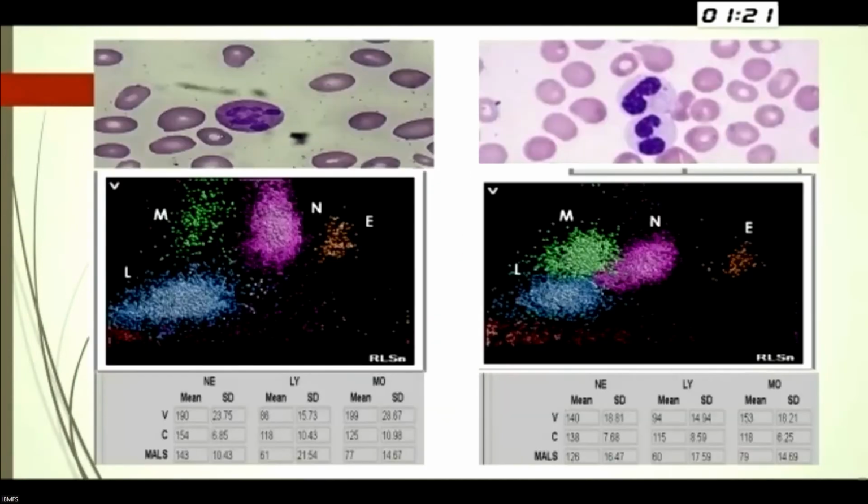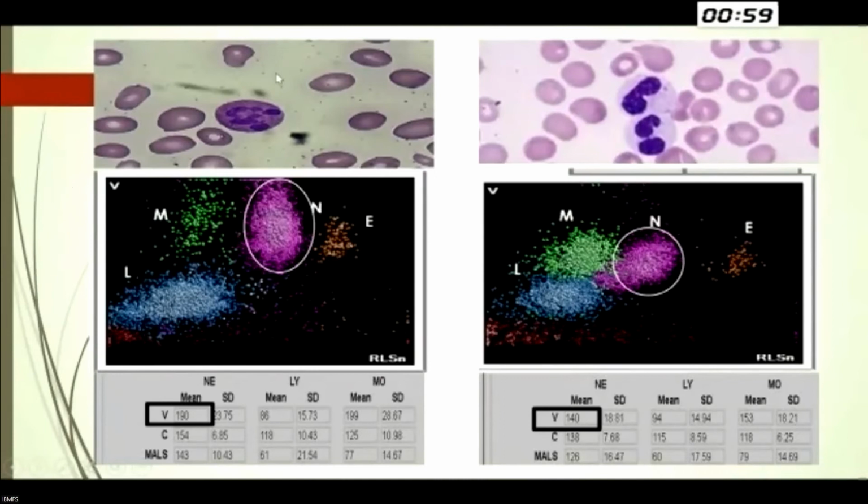Now, looking at the volume, conductivity, and scatter parameters of this probable megaloblastic anemia with a classical MDS, on this scatter plot, the y-axis indicates the volume and the x-axis indicates the scatter. Scatter corresponds to granularity. It is very clear that these neutrophils are very large. Looking at the scatter plot, the neutrophils are higher up along the y-axis with a very high volume of 190, as compared to MDS, where the neutrophils are small, lower down along the y-axis with a small volume of